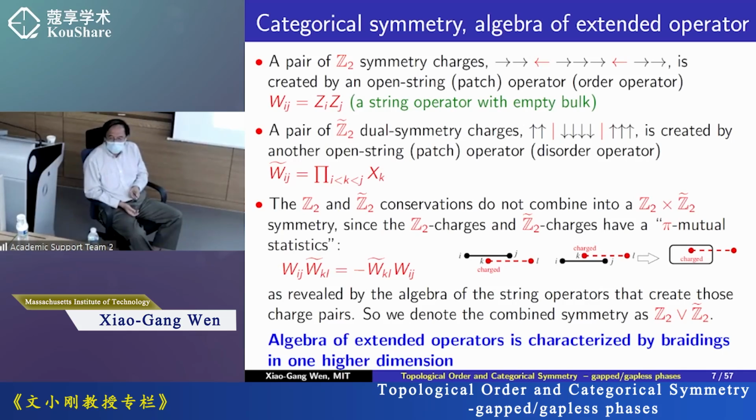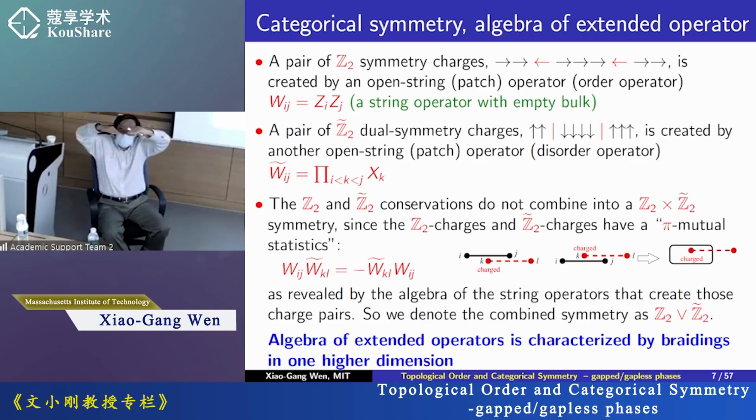So can we consider this string as a topological object in space-time? Yes, I think so, because this string operator we apply in the time slice. Yeah, we do Hamiltonian, but you can rotate the two directions. I see. So that is part of the categorical symmetry. Exactly. Indeed, this is closely related to this